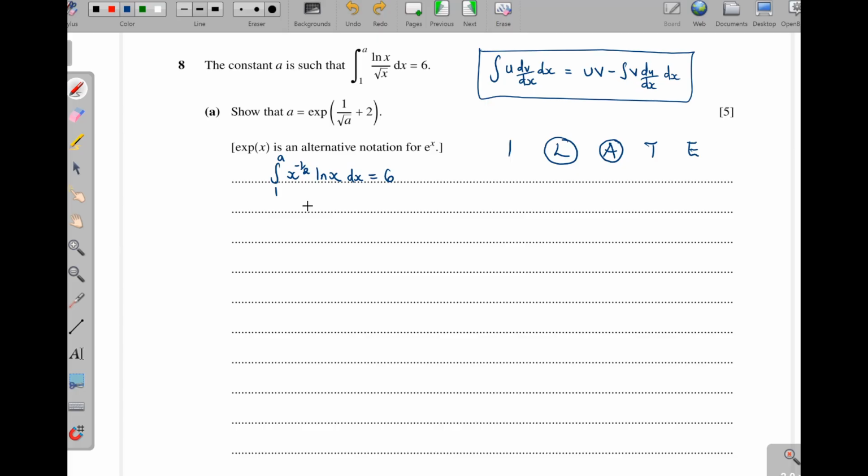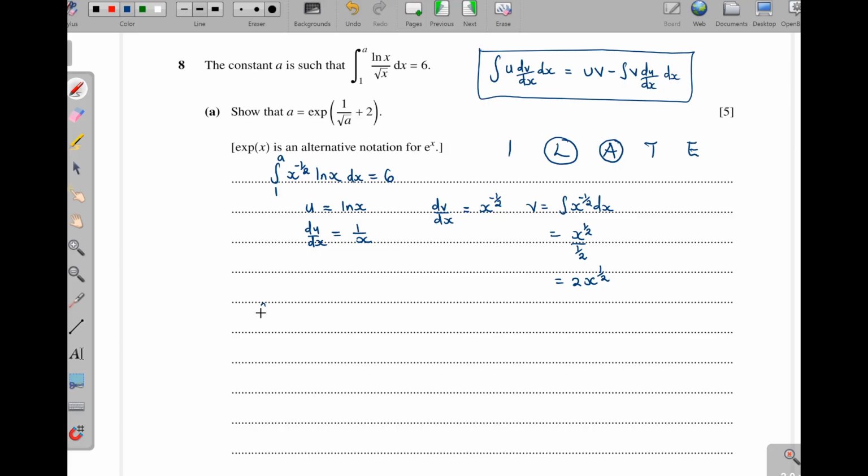Is that clear? So u is going to be equal to the natural log of x. Now du/dx is going to be equal to 1 over x. And then dv/dx will be equal to x to the power of negative a half. And then our v shall be the integral of x to the power of negative a half dx. Then this one will give us, you increase the power by 1, so it will be a half, and then you divide by that new power. Then this one becomes 2,